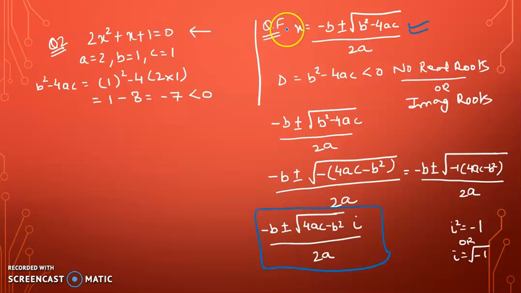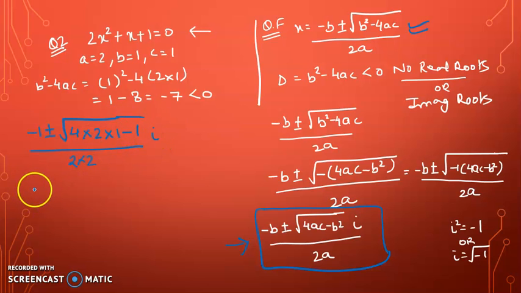Followed? You studied in 10th minus b plus minus under root b square minus 4ac upon 2a. Now I have rewritten this as minus b plus minus, changing the signs, 4ac and minus b square, taking negative common, i upon 2a. Now you substitute directly and solve. So what is the value of b? b is 1, so minus 1 plus minus under root of 4, what is the value of a? 2. What is the value of c? 1. Minus b square, 1 square is 1, upon 2a, 2 into 2, and this i is outside the square root.